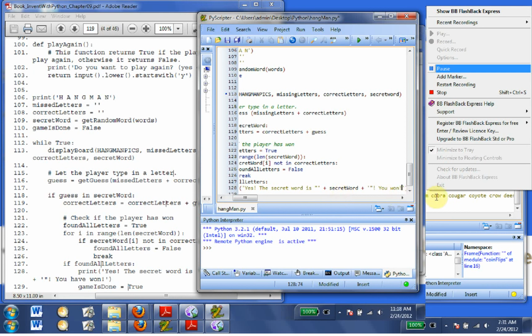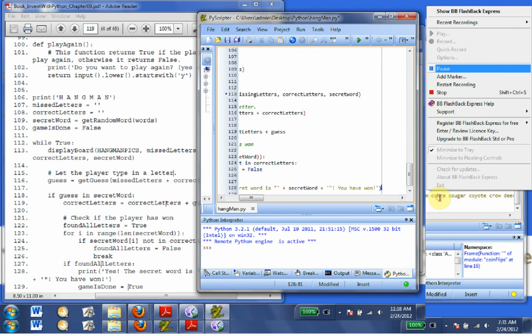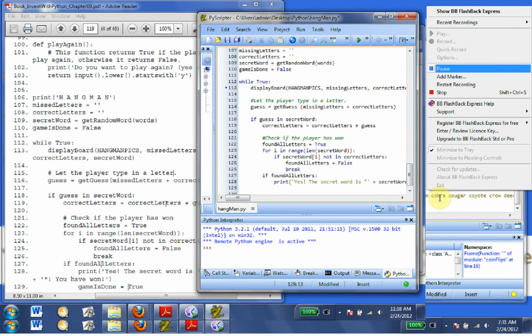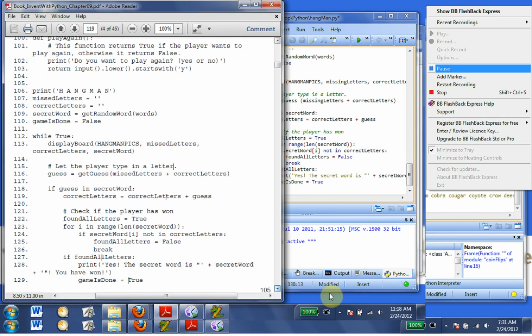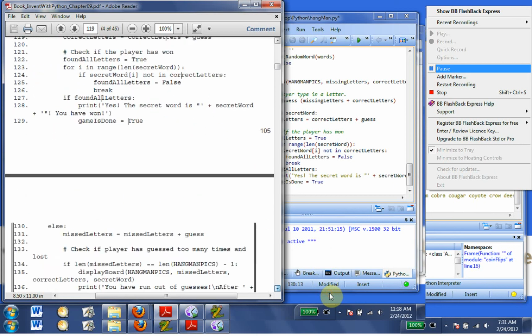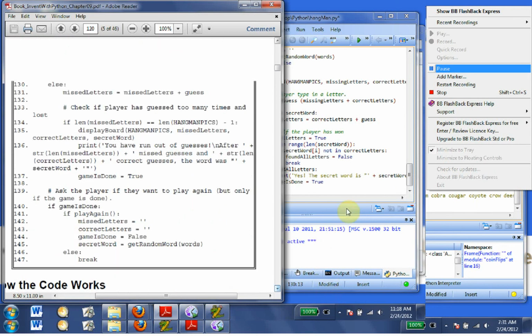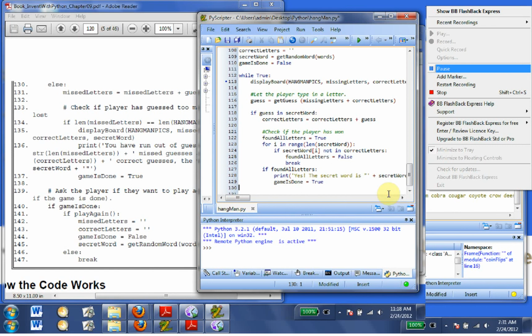You have won. There we go. Okay, so we go ahead and hit enter. We say that the game is done equals true. Okay, so game is done equals true, and now we're going to get to the other side of that, so we say else,